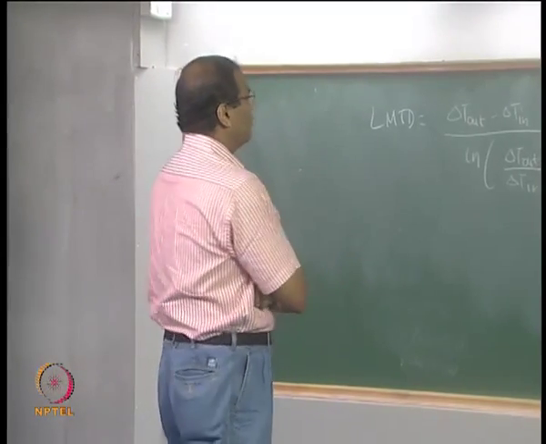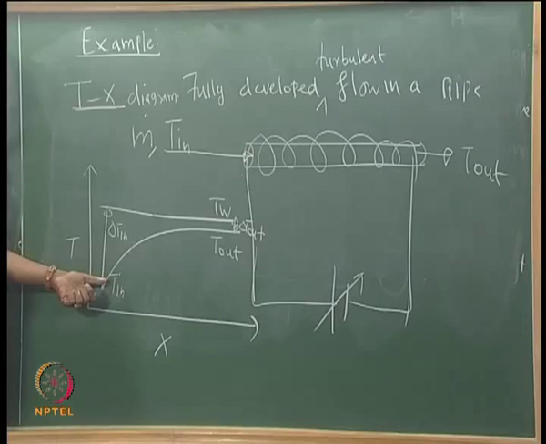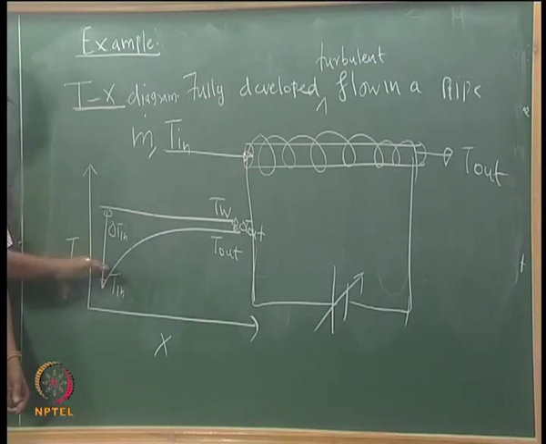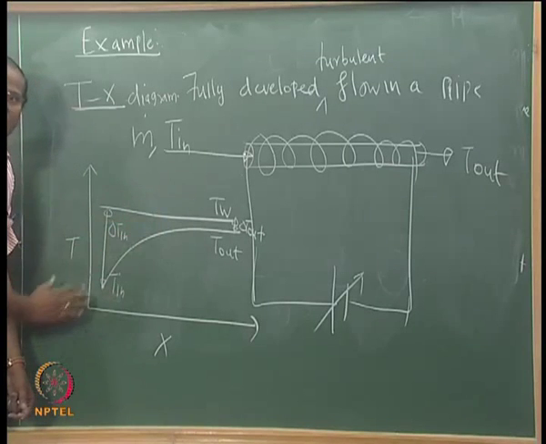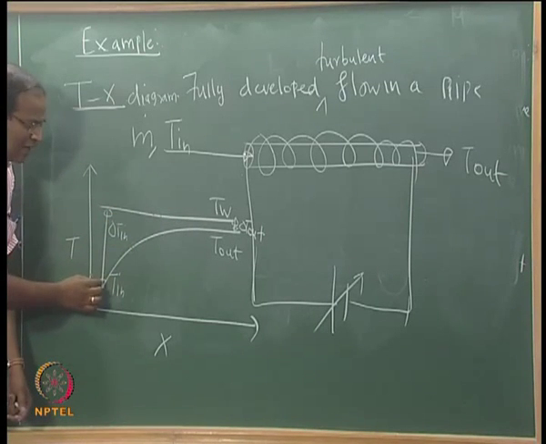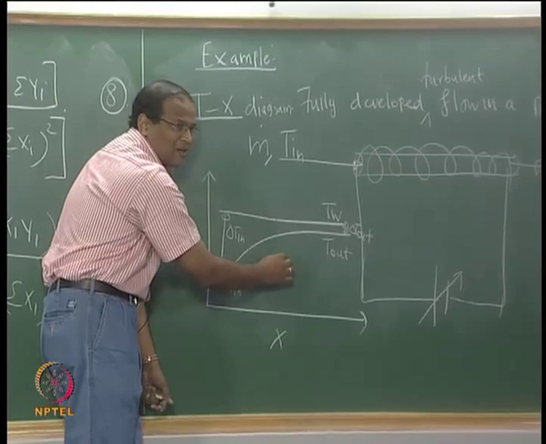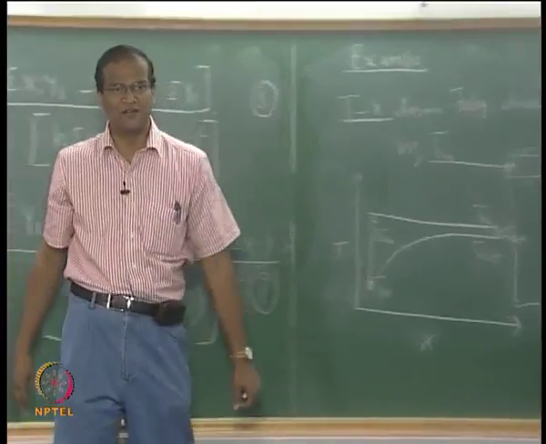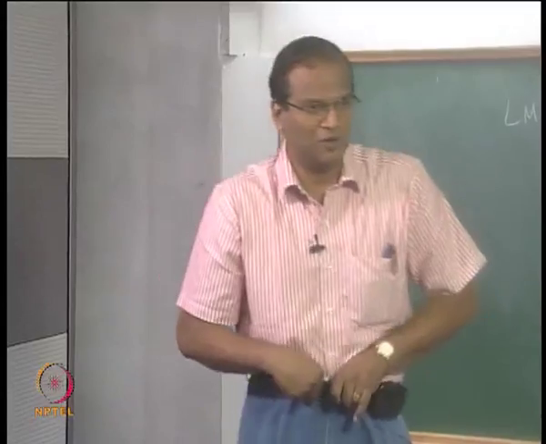It cannot be equal to the arithmetic mean temperature because the capacity for the fluid to pick up the heat will keep on decreasing because the potential difference decreases. So it is a law of nature that since it decreases, it will have a saturation curve. When there is a saturation curve, if you take T in plus T out by 2, mark some point and take this difference, that is a very bad approximation in several cases. That is called the AMTD, arithmetic mean temperature difference, which does not work.